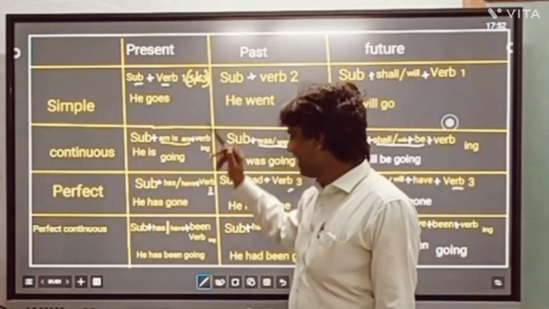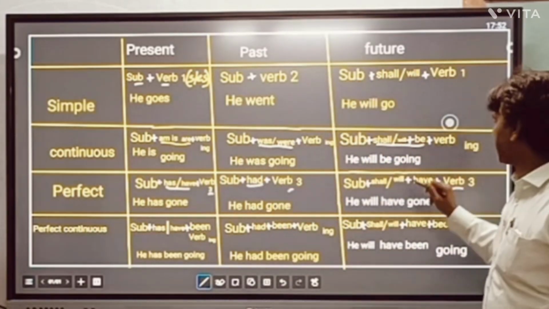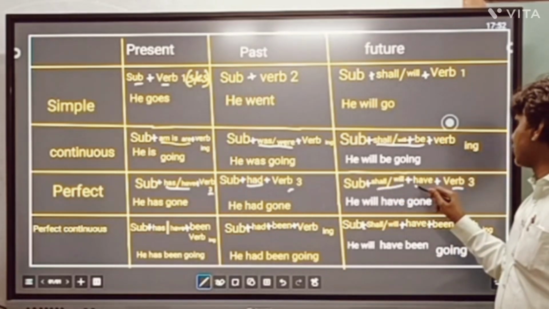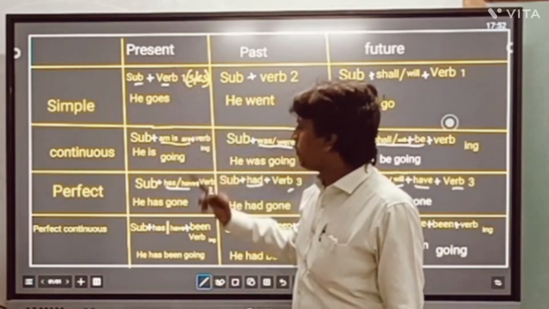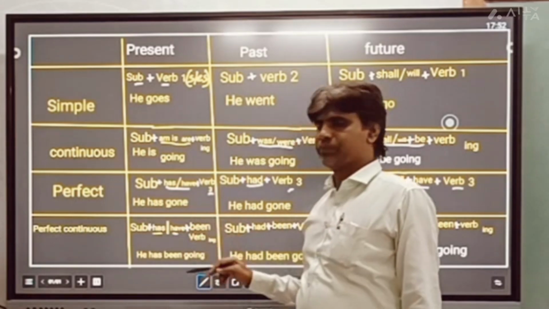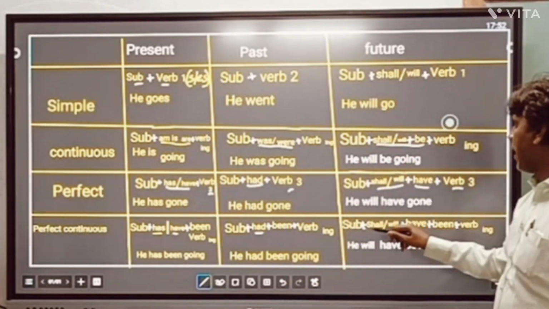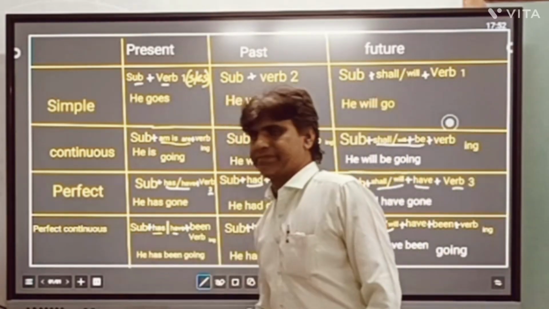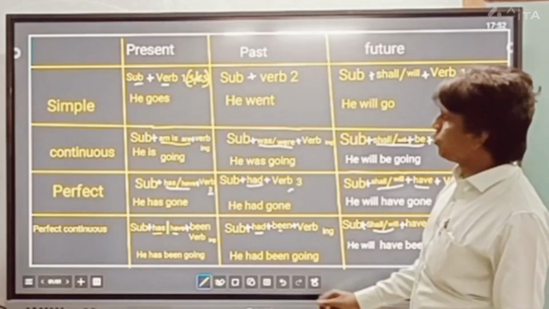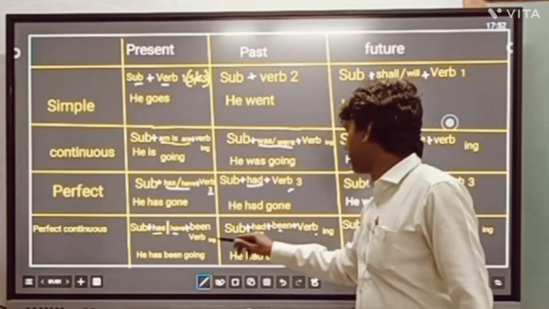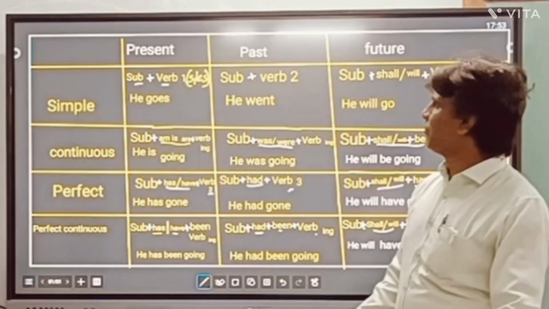But to show present tense you have here has, have. To show past tense you have here had. To show future tense you have here shall, will. Right? In the same way, in perfect continuous tense, all three you will find. To show present here you have has, have. To show past tense you have had here. To show future here you have shall, will. But to show perfect you have been in all the three. And to show continuity you have verb ing, right? All three places you have verb ing. So in this way, to remember this thing, you have to remember